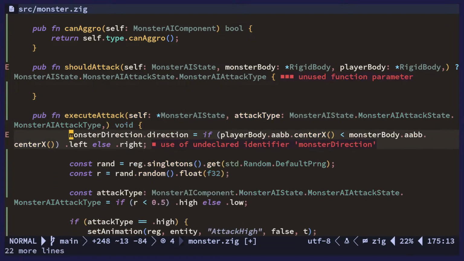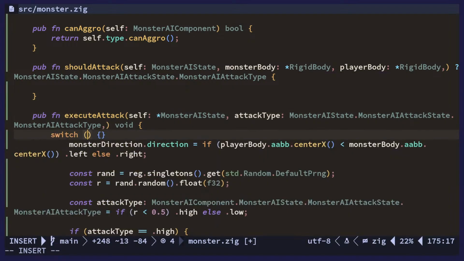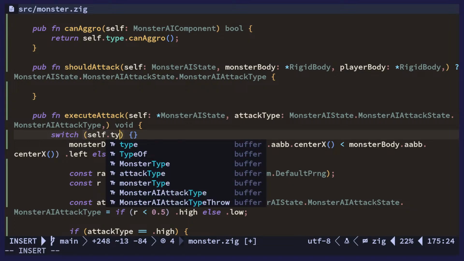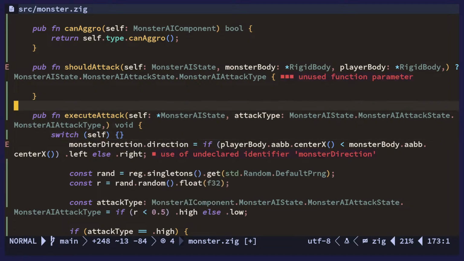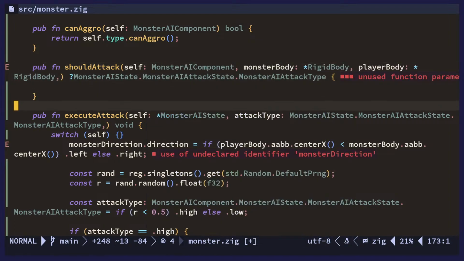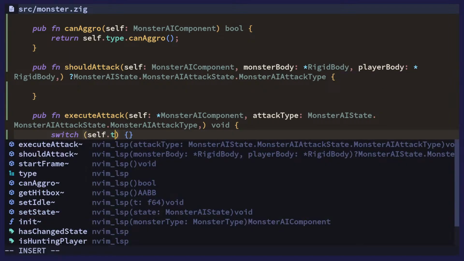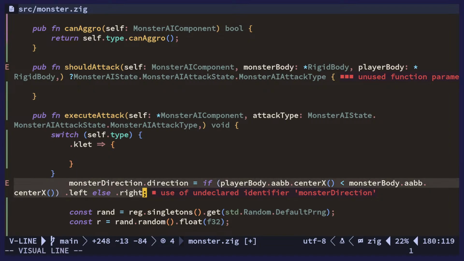So we'll just copy this in here, because we're gonna switch on type. Wait, this is not, no, this is component. Yeah, there we go. So we're gonna switch on the type, and if it's this guy, then all of this